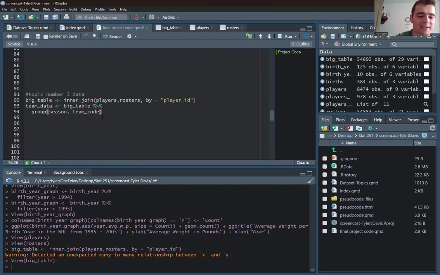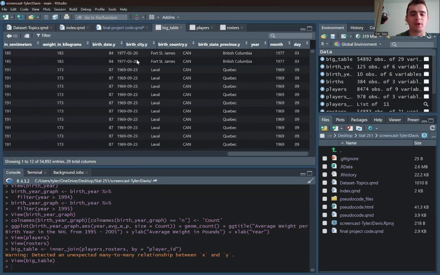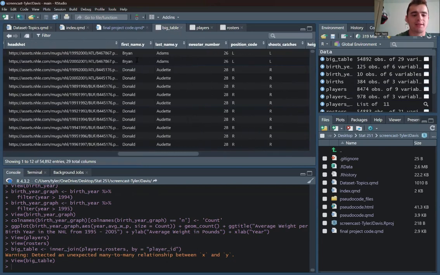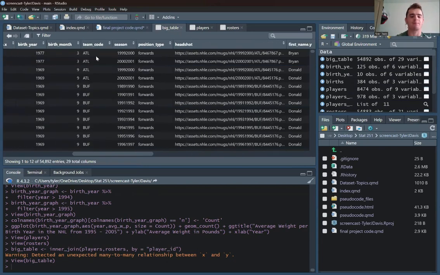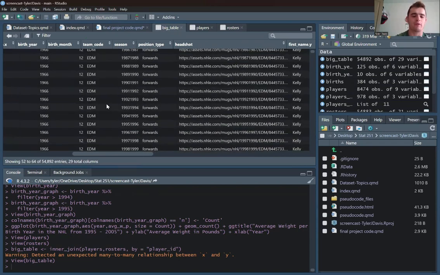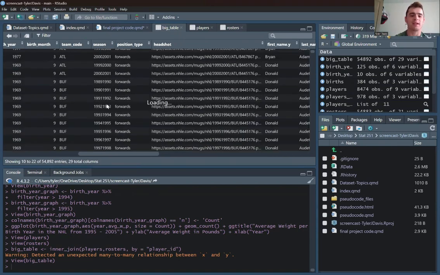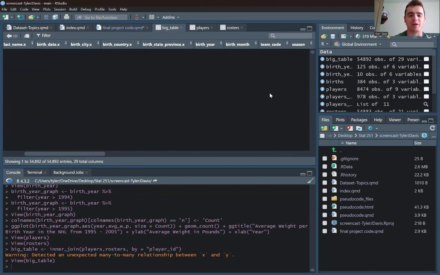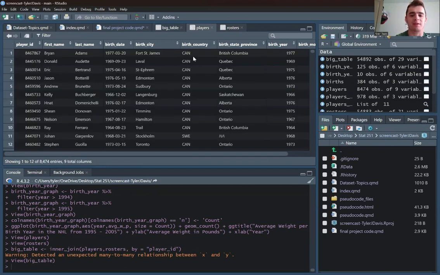So why am I going to group by season and team code? Because first of all, we're looking per season, so we have to group by the season. And why am I going to look at team code? Well, in the bigger table, the team code is the code for the team. So since I needed this, that's why I had to combine this players document, because the players document is what had